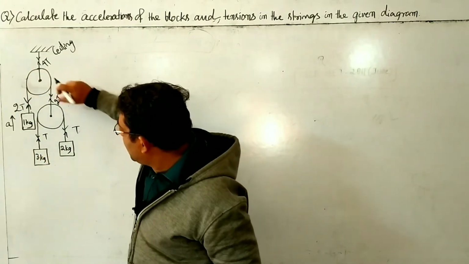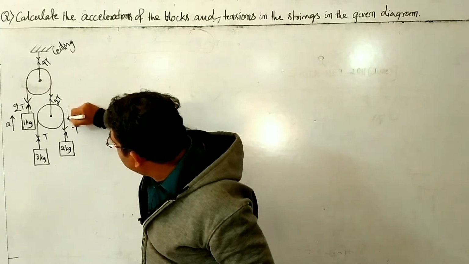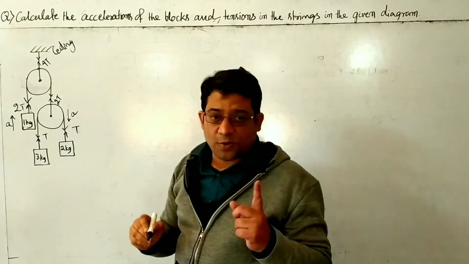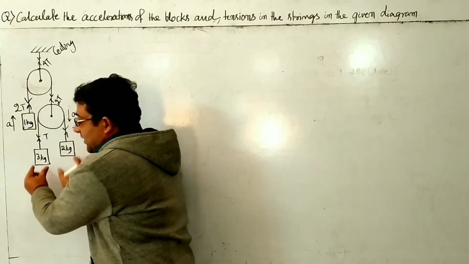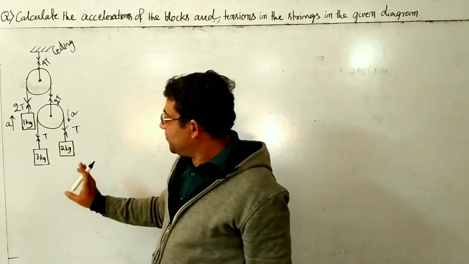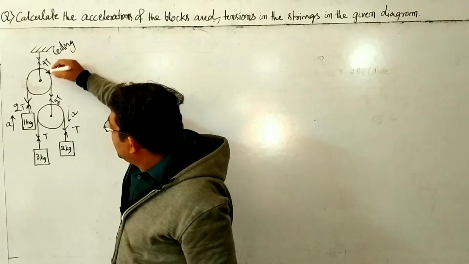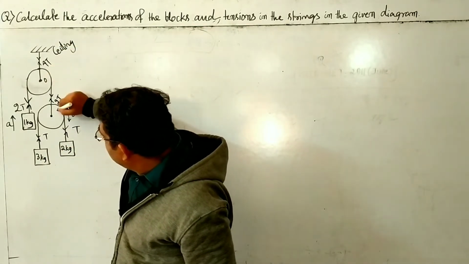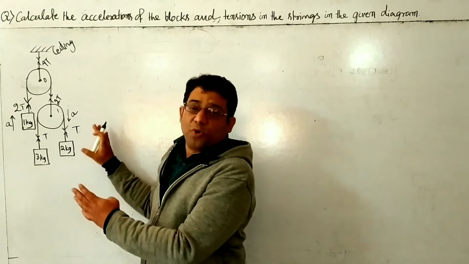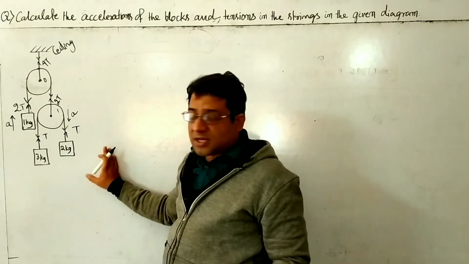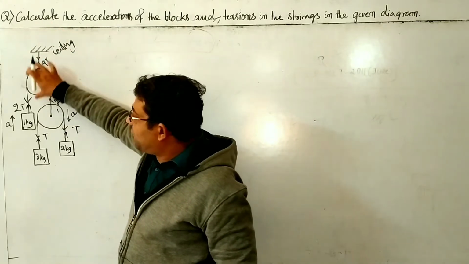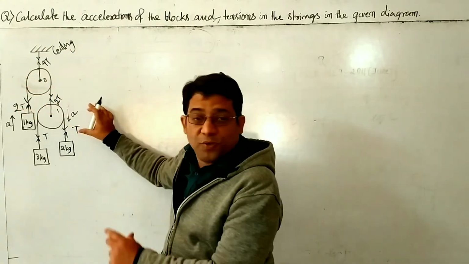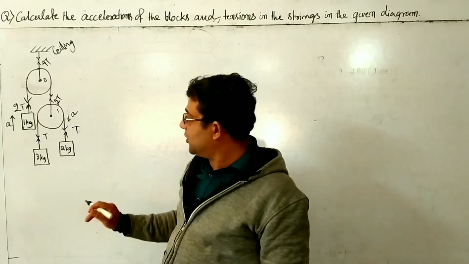Then if this is moving up, the entire pulley will come down with acceleration A only, yes or no? However, because the 3 kg and 2 kg masses are different, there will be one acceleration here too. Let us give some names: 0th pulley, 1st pulley. If there are more complications in the question, if another pulley is there, we can take 2, 3, 4. So the pulley which is fixed is the 0th pulley, and the pulley which is moving is the first pulley.